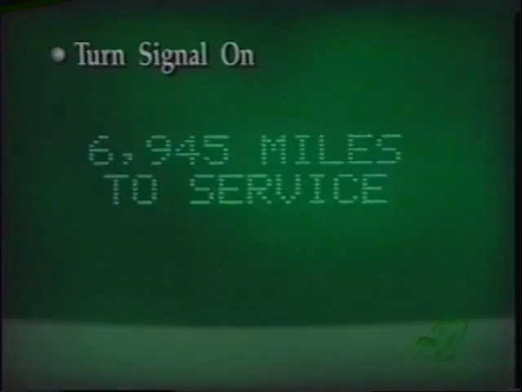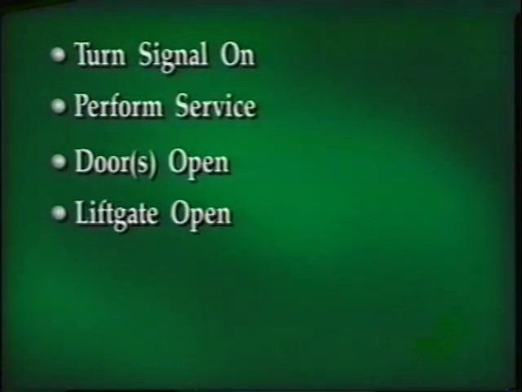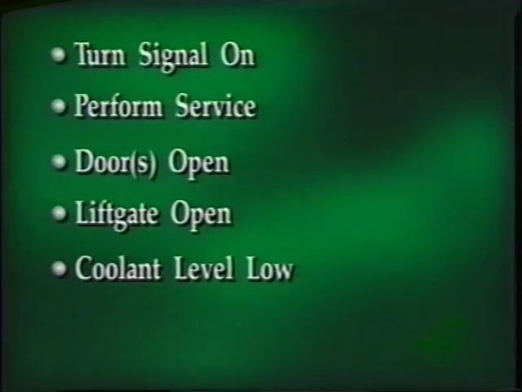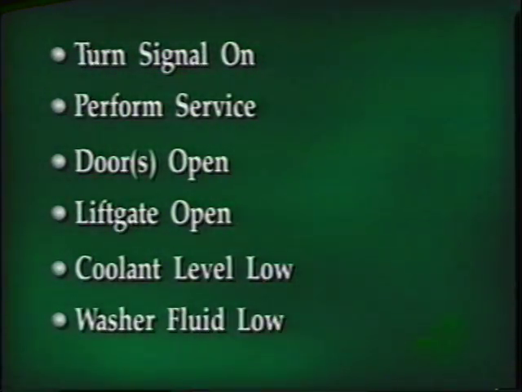It also displays warning messages that your turn signals are on, it's time to perform service, a door is open, the liftgate is open, the engine coolant level is low, or the washer fluid level is low. Finally, the Electronic Vehicle Information Center is also where you can program a number of vehicle features. For example,